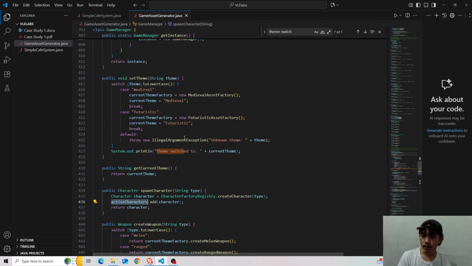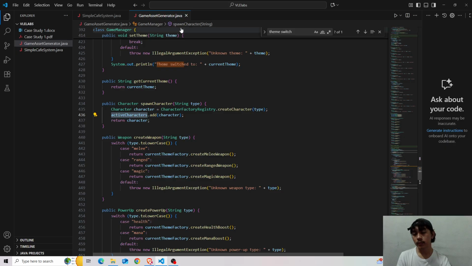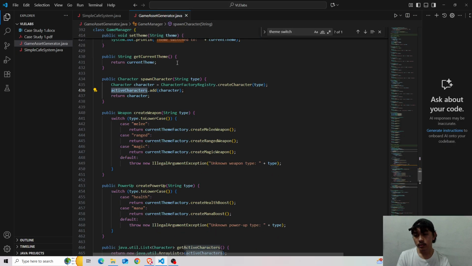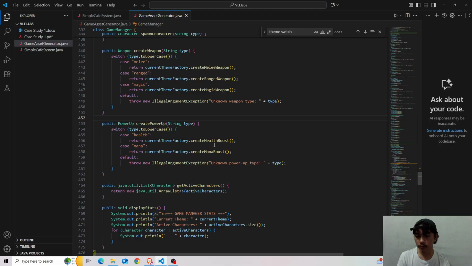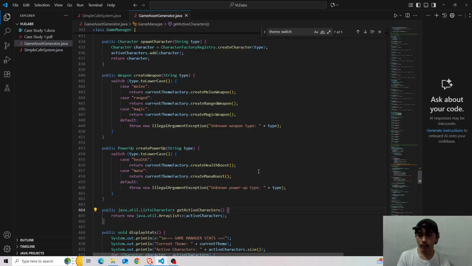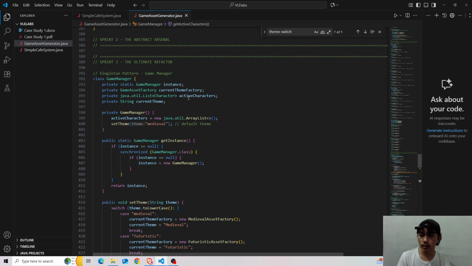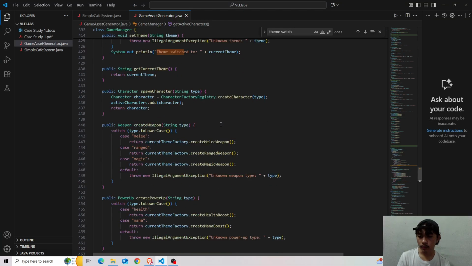Okay, for the game manager. So the game manager oversees everything that will be added. So not just for the characters, we have weapons also, and then the power-ups, and I think the theme also, the current theme, and then the active characters.